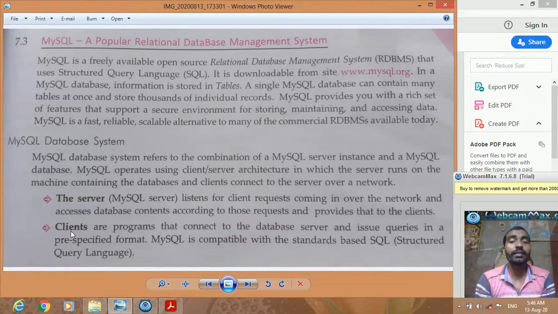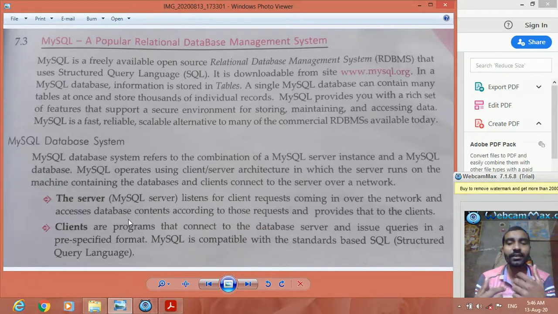Now what is a client? Clients are programs that connect to the database server and issue queries in a pre-specified format. Like we say ourselves as client, but we are not actually the client, we are the users. We use different programs and those programs are called client. Like if we are using the internet, we are not the client on the internet, our browser is the client.